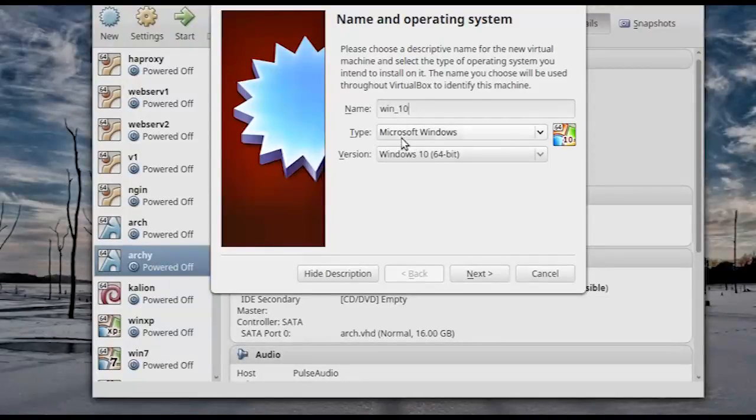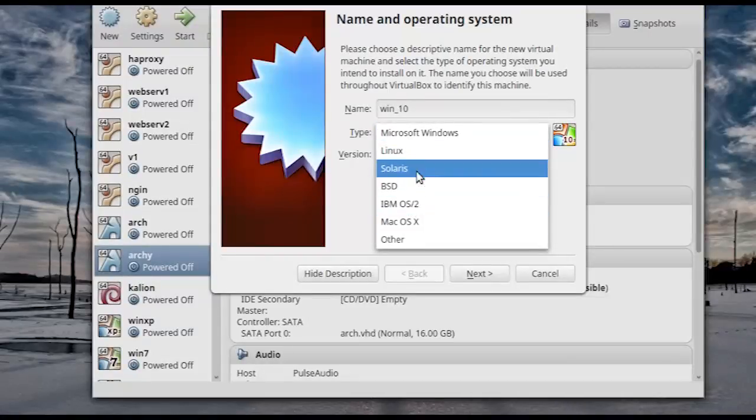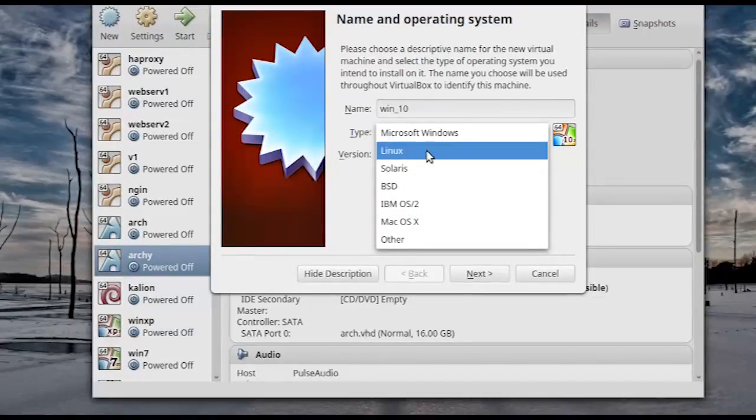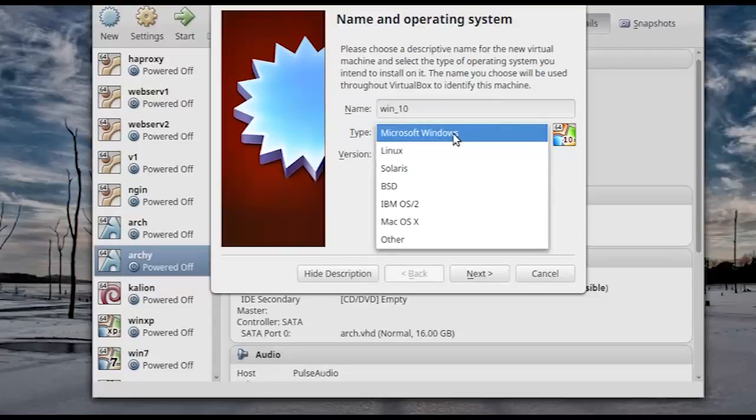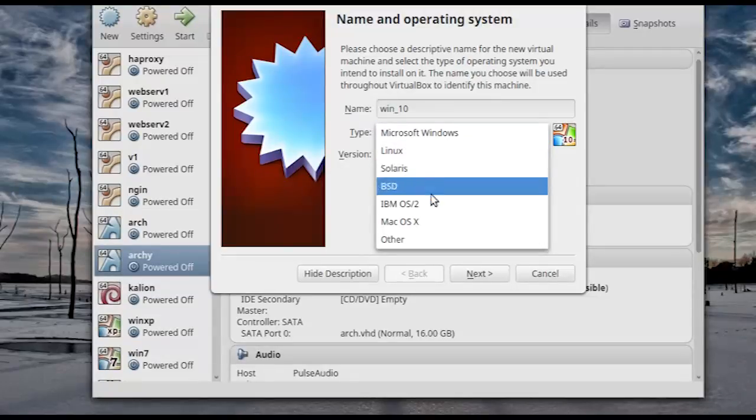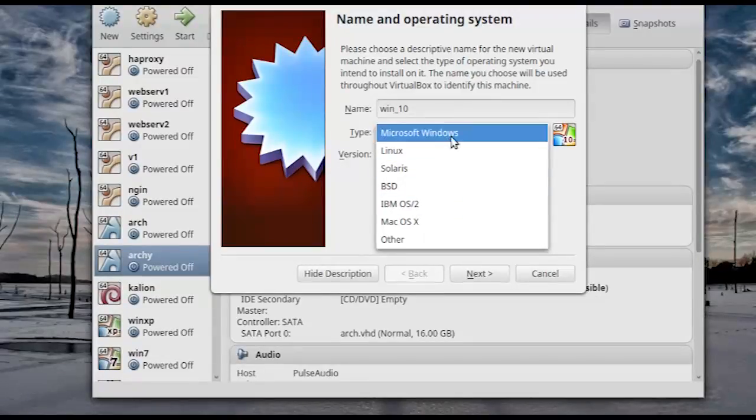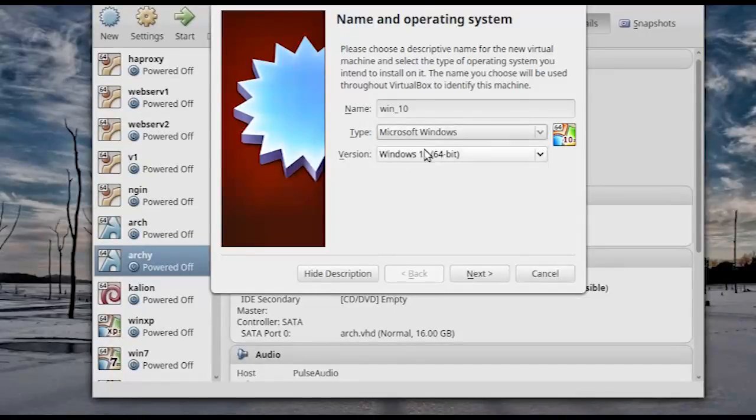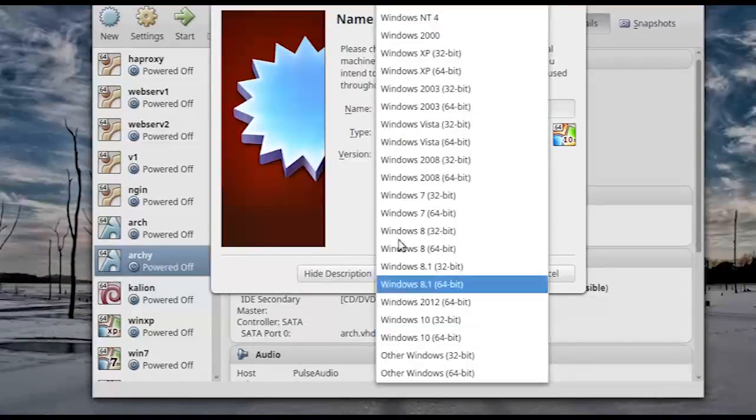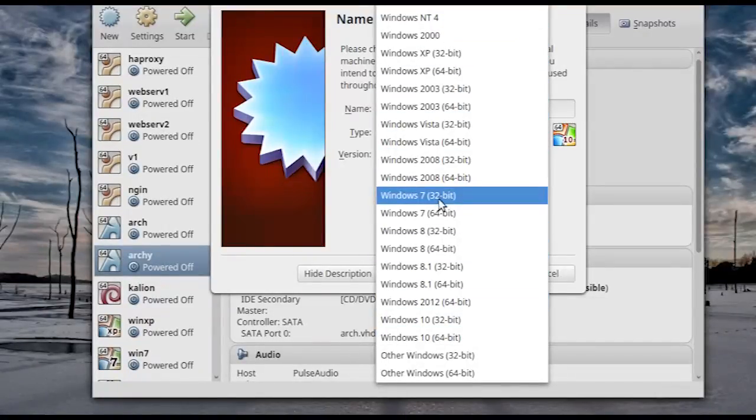Okay, then you come to the type. Under the type, this is where you select the type of operating system or the platform that you're going to use. Mostly you'll be working with Windows or Linux or probably Mac, depending on what operating system you want to install on your virtual computer. So here I'm going to install Windows 10 on my virtual computer that I'm creating. So I'll select Windows under the type here, and under the version here you get a list of almost all the Windows